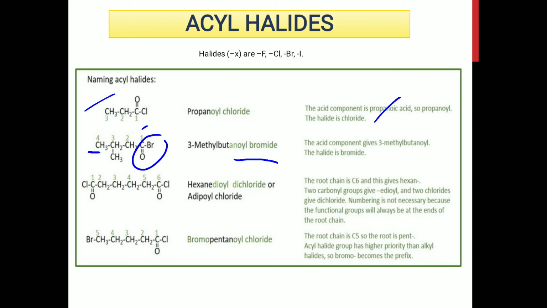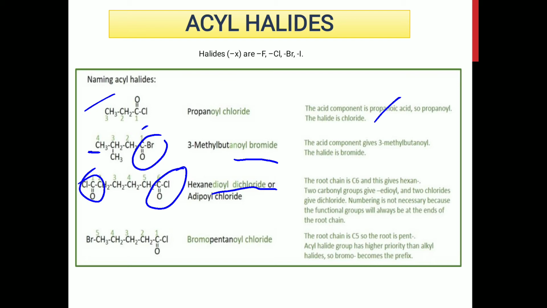Okay. Now have the third structure. Here we have two carbonyl groups and two acyl halides, right, at the sixth position and at the first position. Two acyl halide groups, and the halogen is chloride. So for two same functional groups we use di. So this will become dioyl dichloride. And if we count the carbons there are 6, so the parent alkane becomes hexane, giving hexanedioyl chloride.